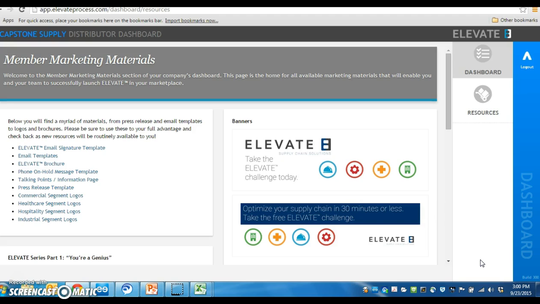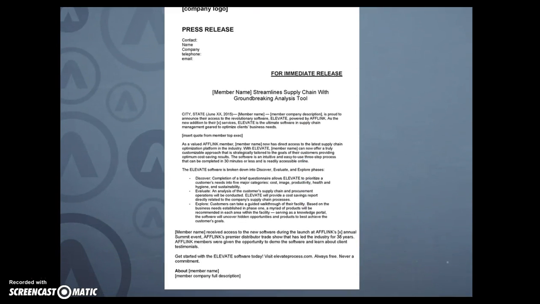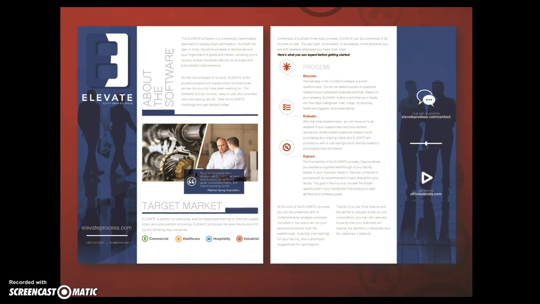As you can see, there are numerous resources available to you and your team, and additional ones will be added often throughout the coming months. These resources have been created for you by AFLINK, so all of the legwork is already done. You can easily customize these with your company name, your logo, contact information, and your custom URL. A few of the features in the Resources tab include email signatures so that you can highlight Elevate with every email you compose, email templates that are perfect for both current and prospective customers, as well as a press release template, customizable and designed to generate demand for your marketplace,